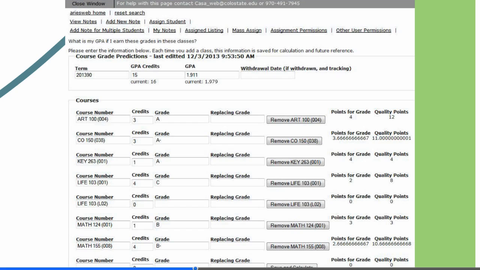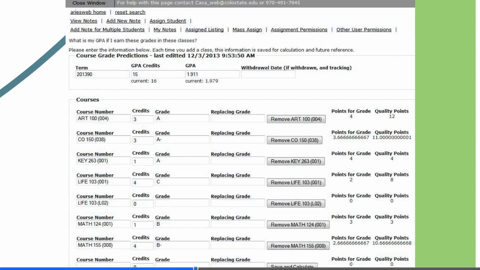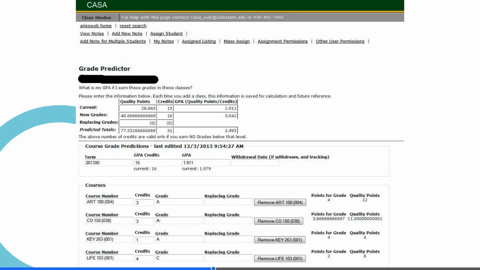If you are wondering how to predict your grades, you can always use an average of your scores from exams and assignments, or you can check in with your instructor to get a sense for your grade in that course. After entering your anticipated grades, you can click Calculate and Save at the bottom of the page. You'll see that your predicted GPA has been calculated here next to predicted totals. If this student earns the grades that she thinks she will, her GPA will be a 2.49, which is high enough to return to good academic standing.